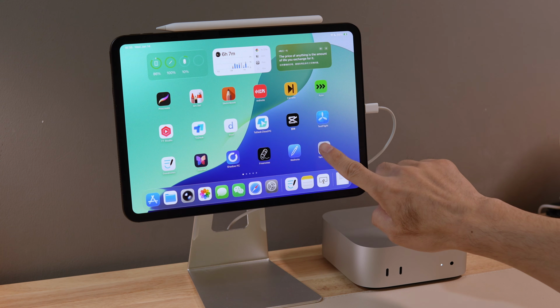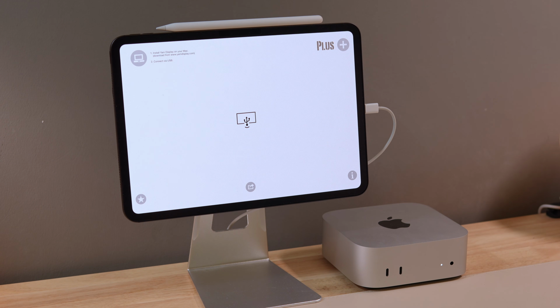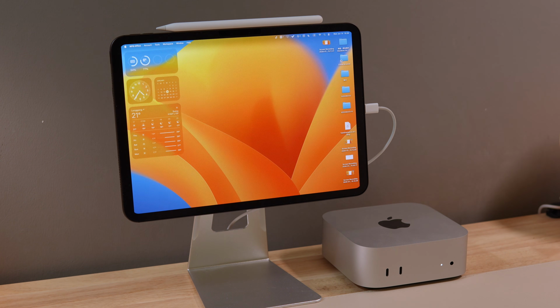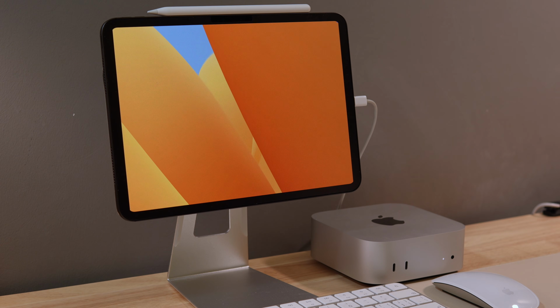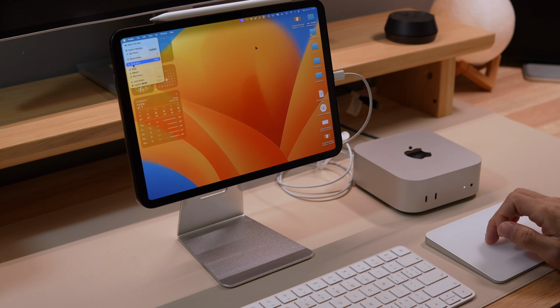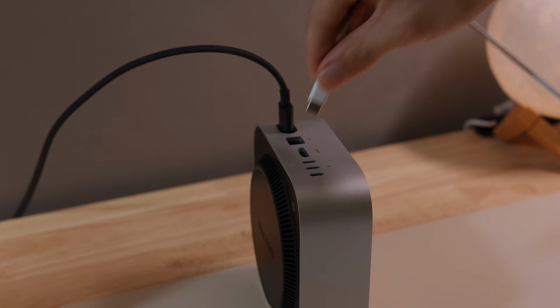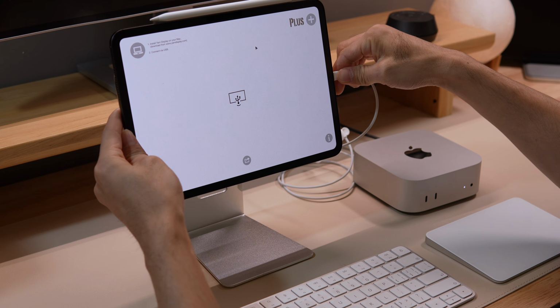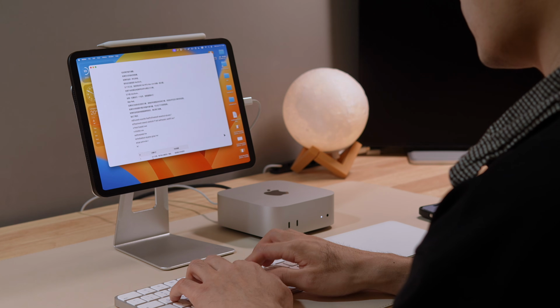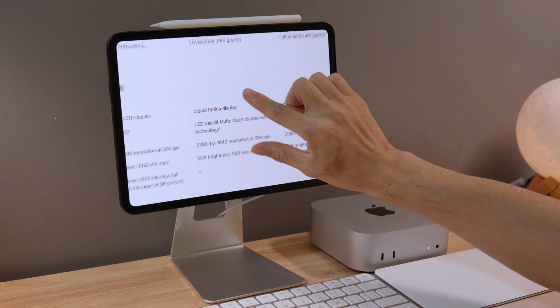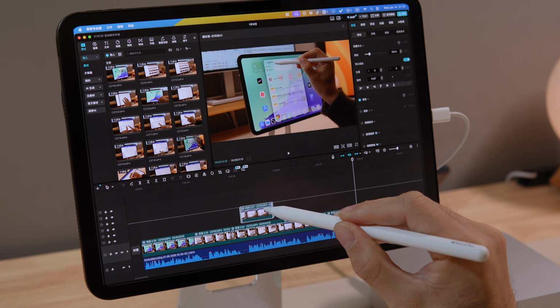5 months ago, I started seriously testing a setup: using an iPad as the only display for a Mac Mini, so the Mac Mini can work without a traditional monitor. In today's video, I'm going to do two things. First, I'll show you step by step how to use an iPad as the only display for a Mac Mini. Second, I'll share my real experience after using this setup for a period of time, including the pros, the cons,